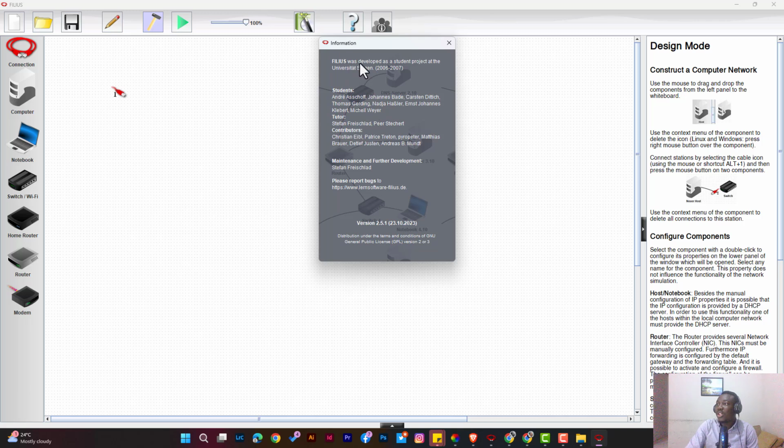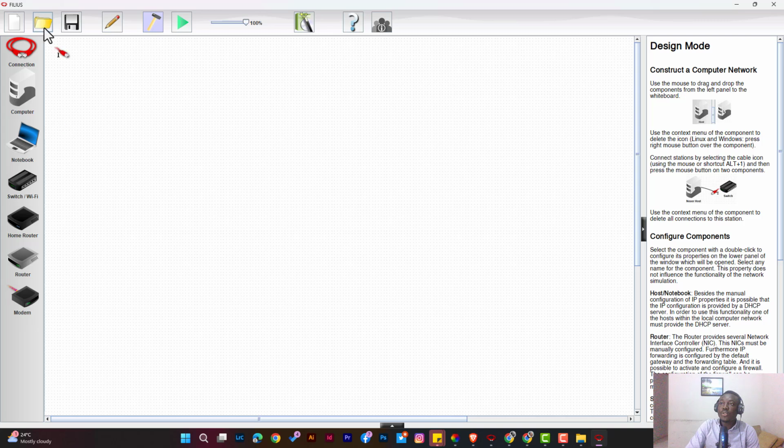So you see, Filius was developed as a student's project at the, I can't really pronounce this, it's German, but they are talking about University Siegen in 2006 to 2007. So like you see, it was developed as a student's project, in fact, for educational purposes. So it's a very good software to explore. So now,